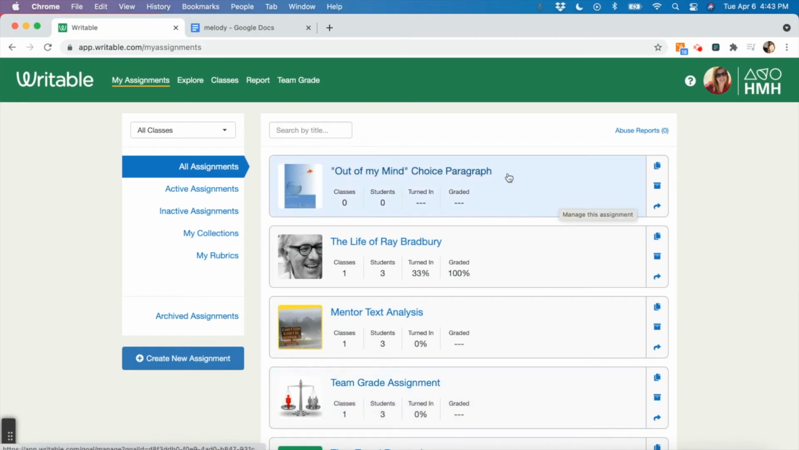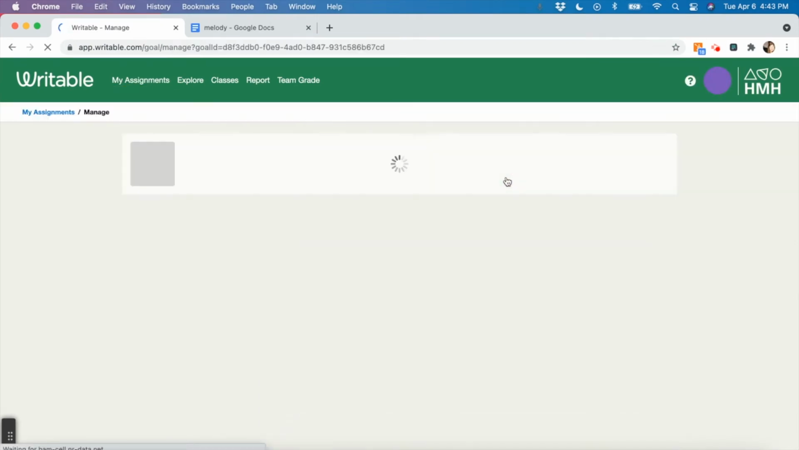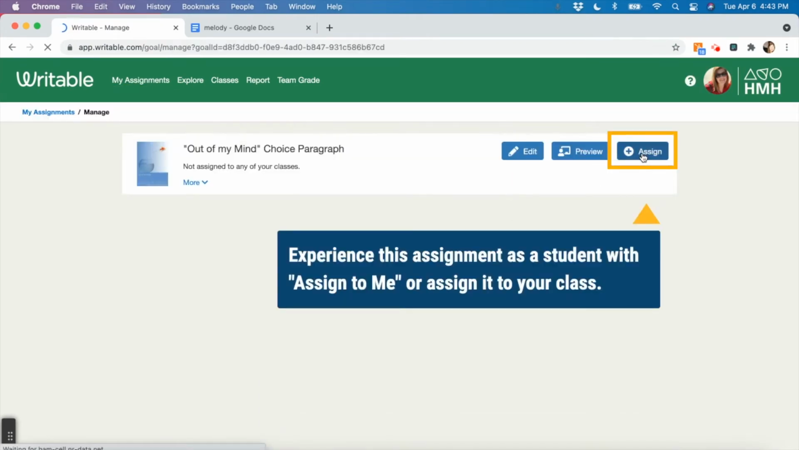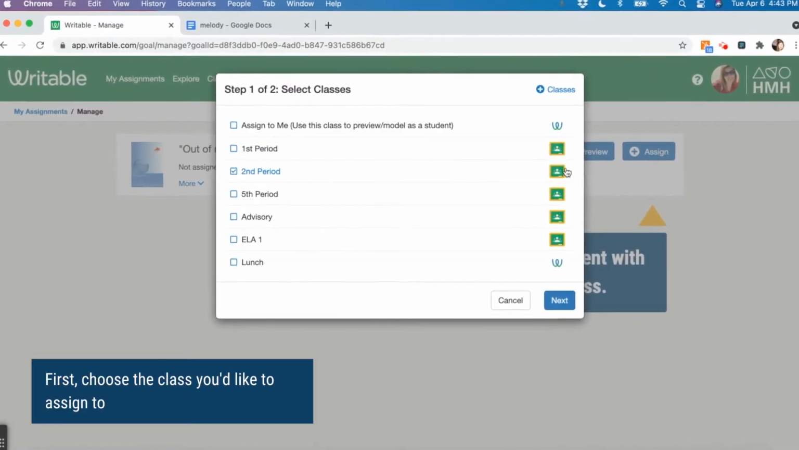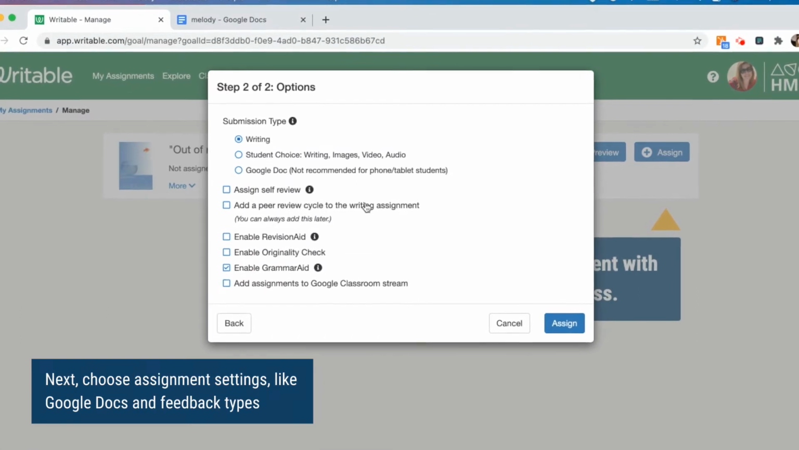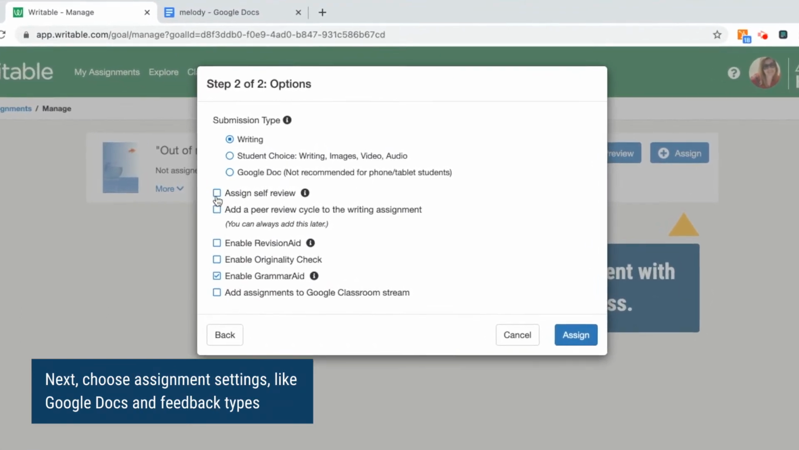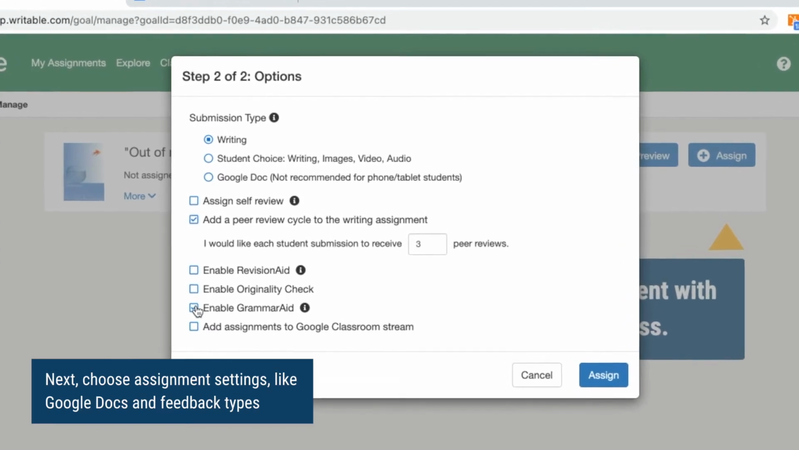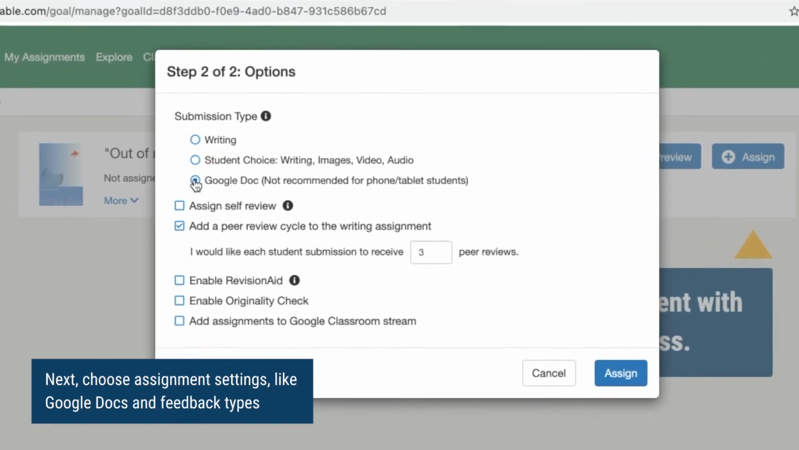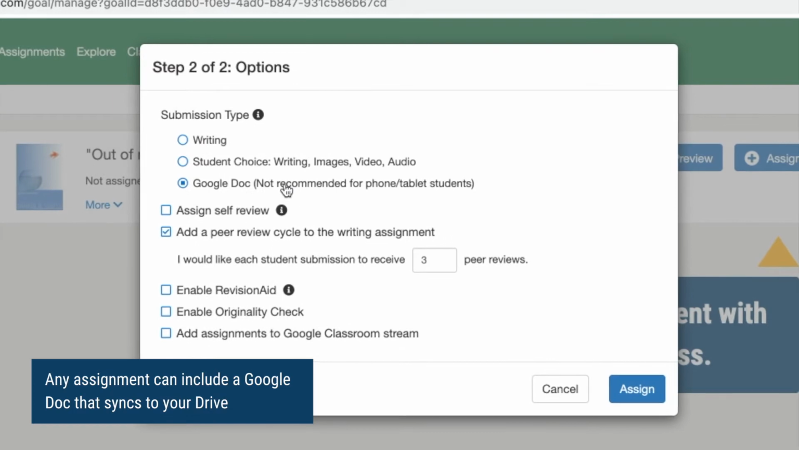Next, we're going to show how you assign a Writable assignment out to the Classroom stream. So I would click Assign, and I choose one of my Classroom classes that I've already imported. I'll always get to choose the different assignment settings that I have in Writable. So here I'm going to turn on these two. I'm going to actually ask students to write in a Google Doc, which is a nice way to embed a